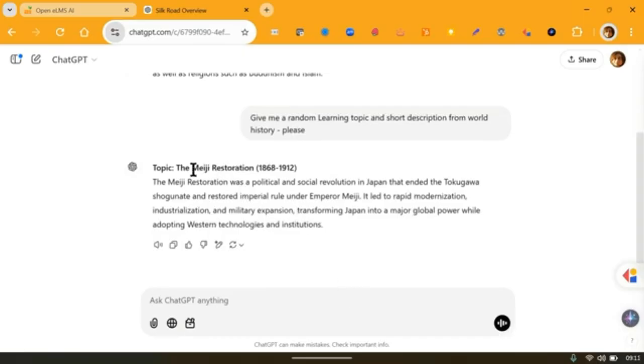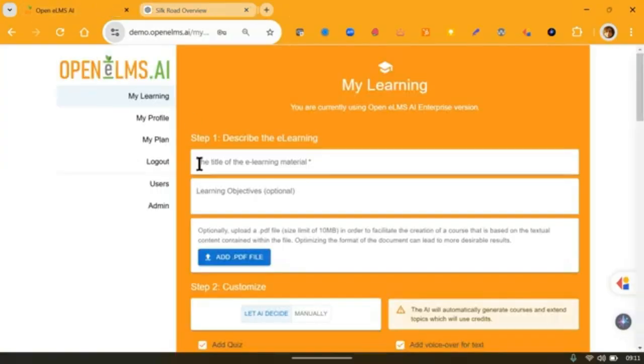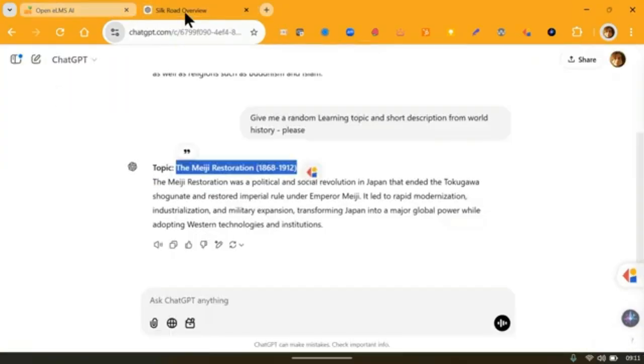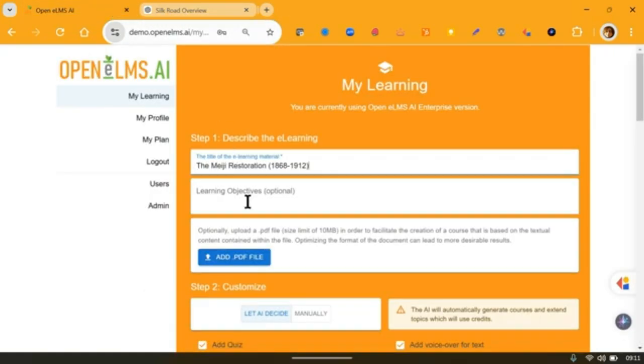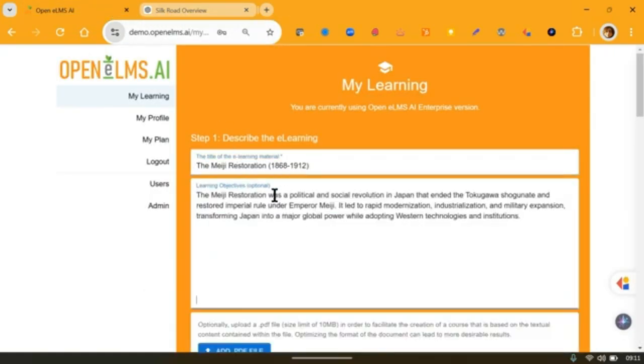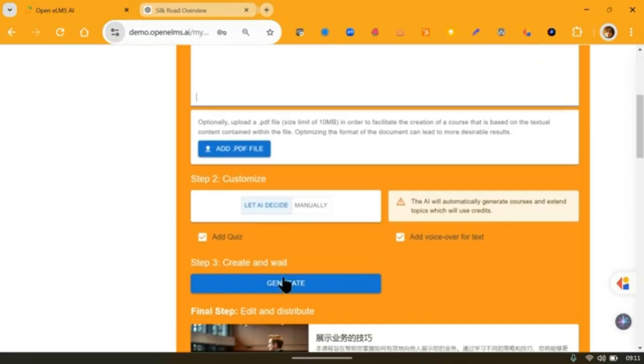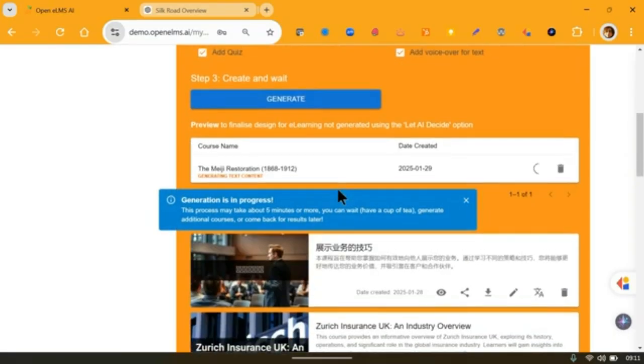So here we have the Meiji restoration. No idea what that is. I'm going to put that in there. And we're going to give it, it's the social revolution in Japan. Interesting. I'd be interested to learn about this. And we are going to press the generate button. So that's our topic. It's now producing us